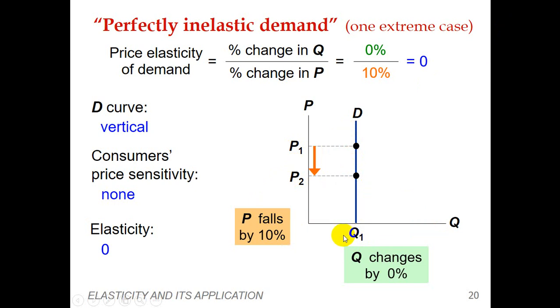So this is the case of the perfectly inelastic demand curve. For example, these are goods that we have to buy; our life is based on these goods. Or sometimes, if there is a decrease or increase in price, the scenario changes a little bit. Suppose there is a decrease in the price of salt. Normally we use, for example, 2 bags of salt in a month. Due to the decrease in price, we are not going to start using more salt in our food consumption.